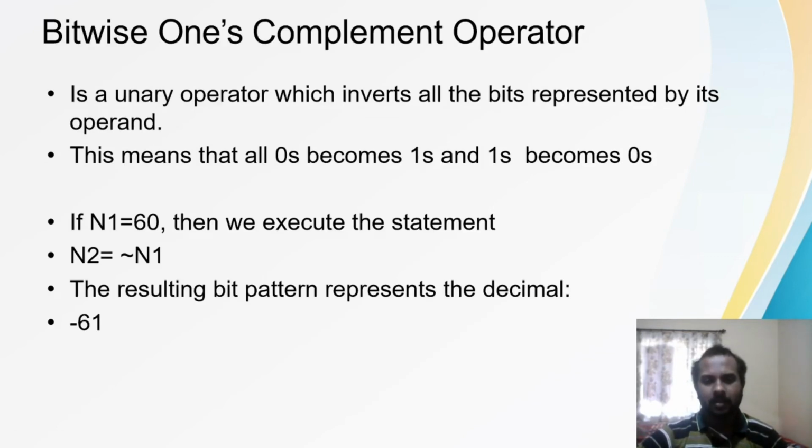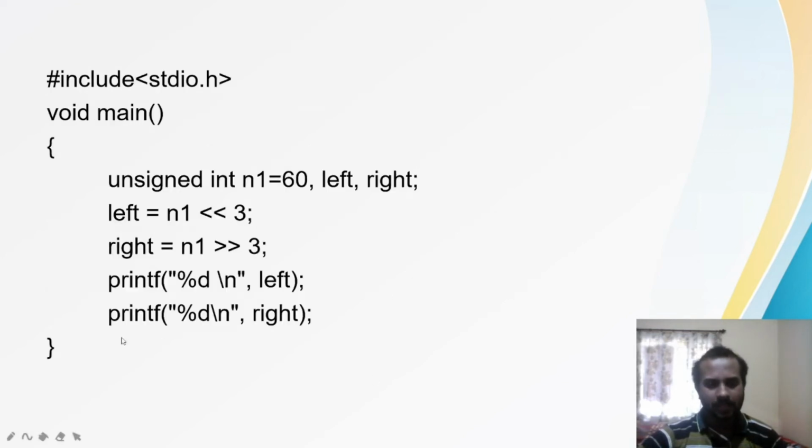Bitwise ones complement, where you are just inverting all the bits. If one number is given, I will convert that into bitwise format, and after that I will change 0 to 1 and 1 to 0. So this is again a simple program. Better, as I already mentioned, you can separate the declaration and the initialization. It is better to separate them. Initialize the value, or you can take the value from the keyboard.